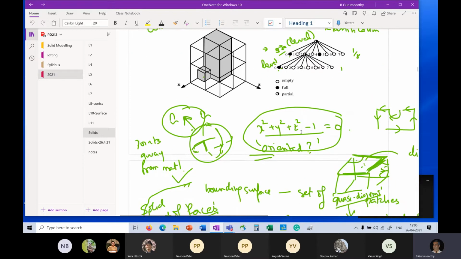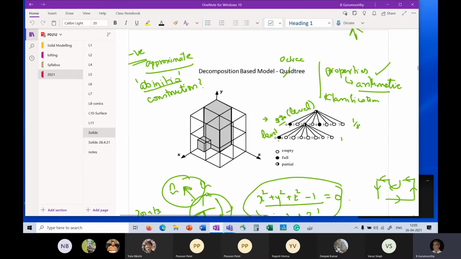But as we said, the problem with this approach is that A, of course, is accuracy. It is always going to be approximate. And second, which is a more important restriction because of our interest in constructing models, is that it is very painful to construct a representation like this ab initio, meaning from scratch, right? You cannot keep shading cells that you think will form your object.